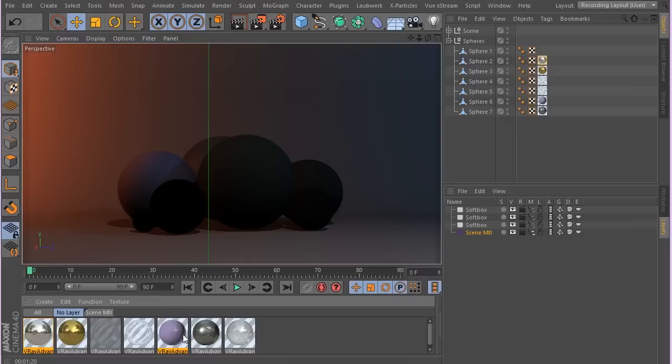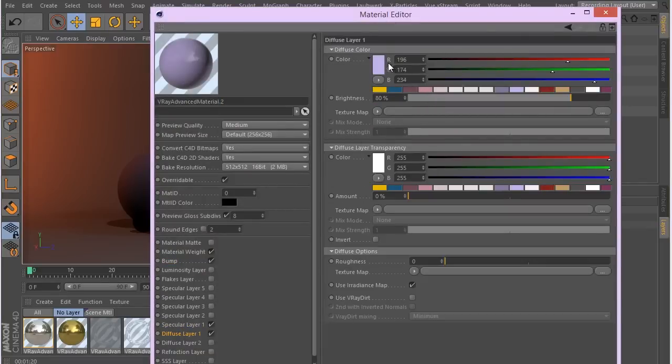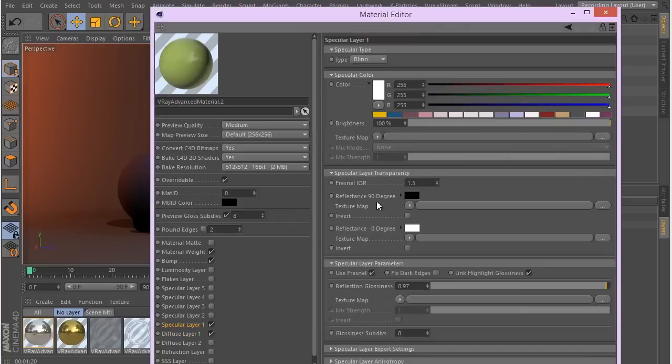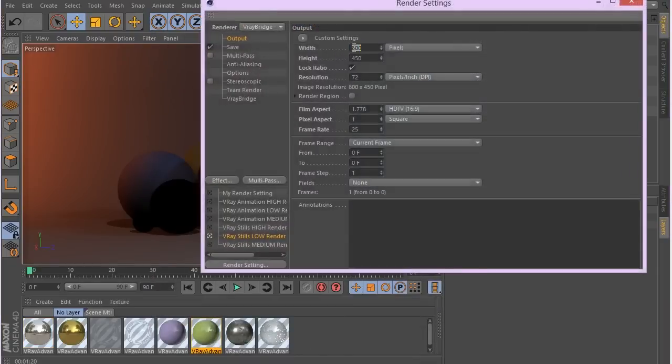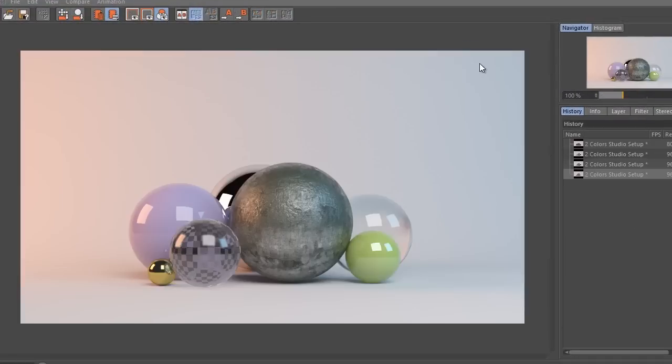And some other color here, I'm just going to use a nice color like this one, and I'm just going to increase the Fresnel, and now we are ready to have a final render and see how it's going to work. I'm just going to use 960 by 540, and when the render is finished, I'll be back with you to see the result of our materials. Okay guys, so as you can see, the render is basically finished,